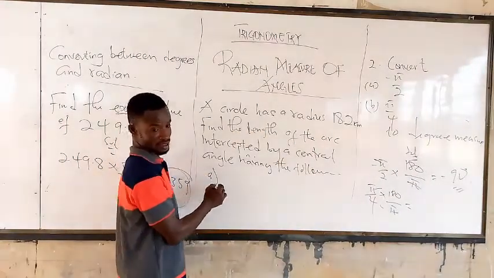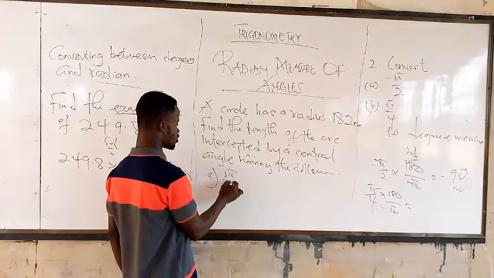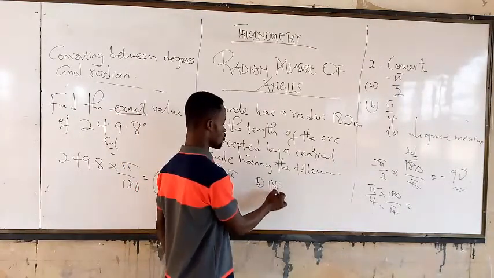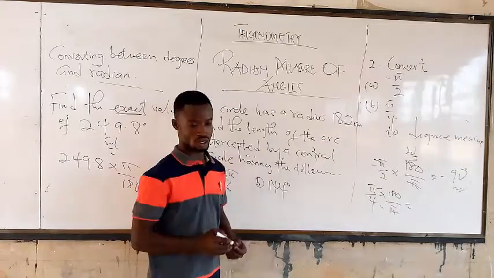A, 3 pi over 6. B, 144 degrees. Alright,